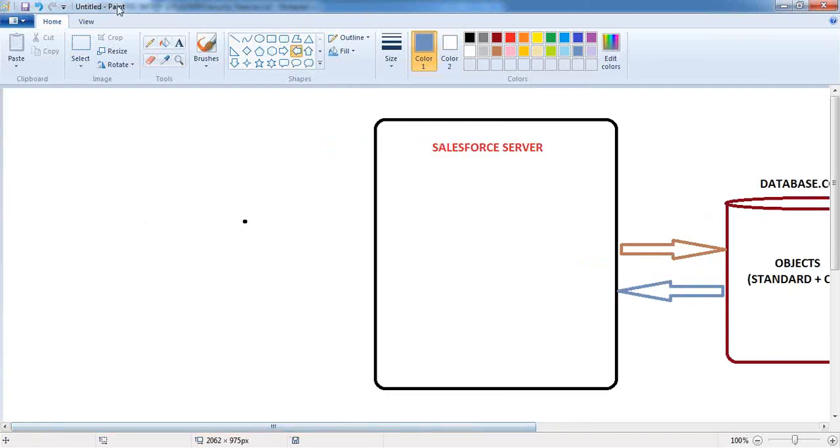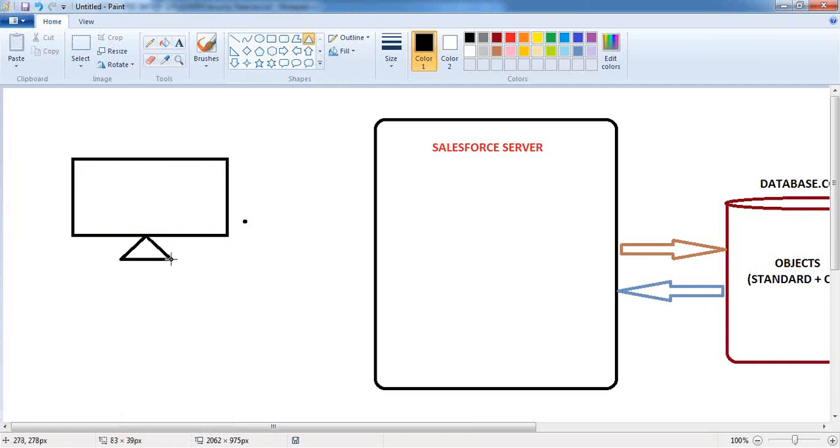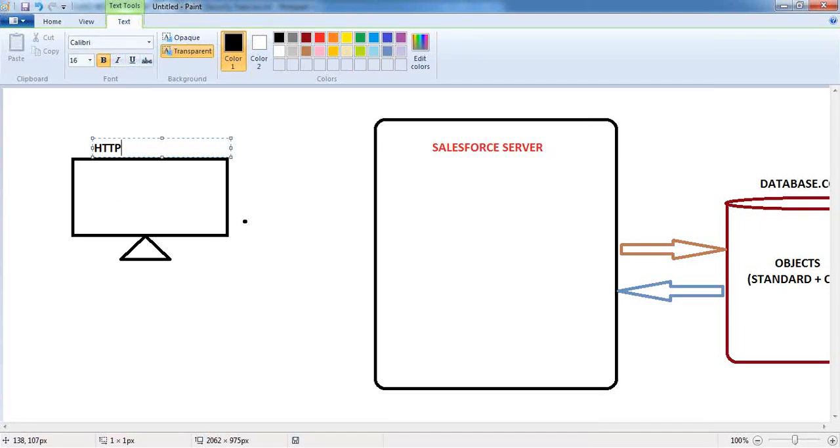Now, I'm having my browser. For example, I'm having a system right now. I'm an end user, and I'm using a system in order to access the Salesforce application. Through this system, I have opened the browser. In that browser, I'm using the URL